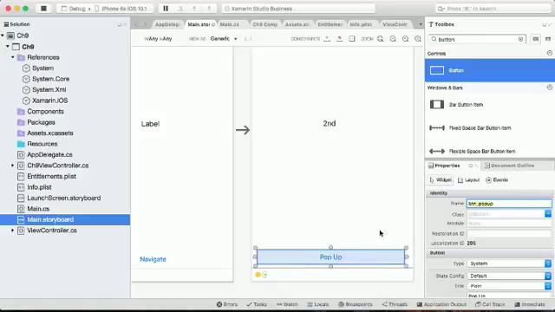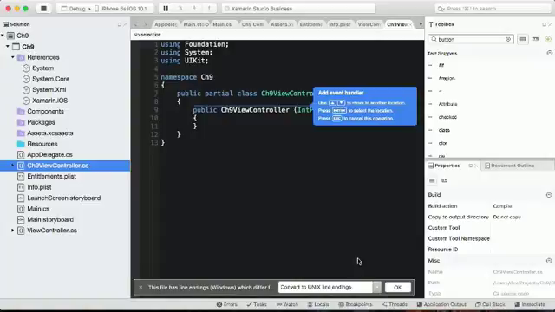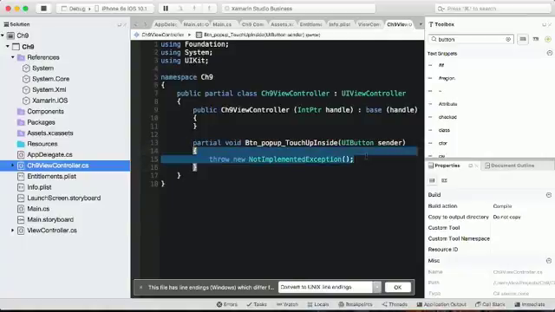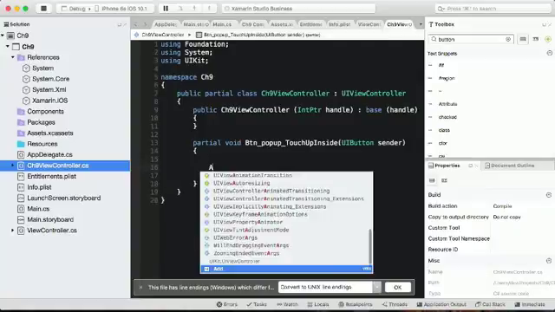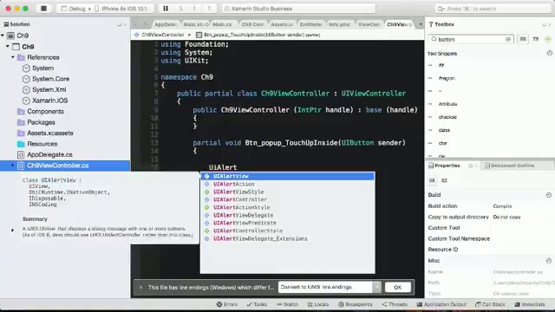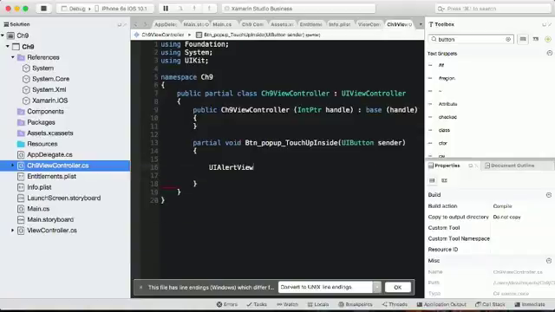And for example, I simply just double click over this. So it would just take me to the respective view controller file, that is channel 9 view controller. I can simply press enter, and it would just simply create the method for me. And in this method, I can display the pop-up. And to do that, I will use alert view controller. So UI alert view. Alert is equal to